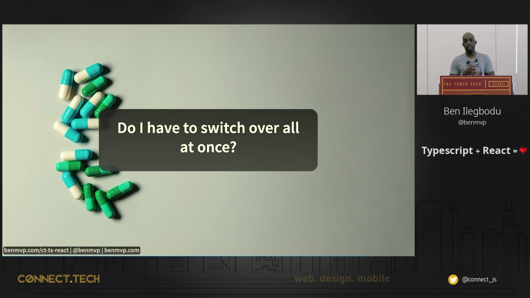The ROI is not there. But I suggest going component by component, actually, because with modern setups for TypeScript using Babel, a JavaScript file can import a TypeScript file just fine, right?